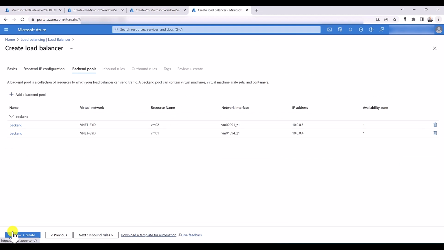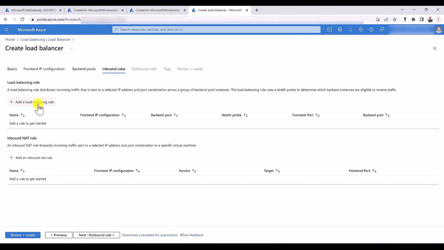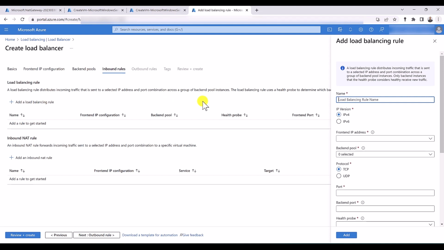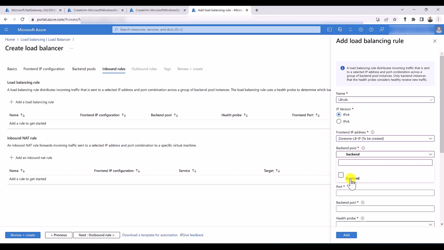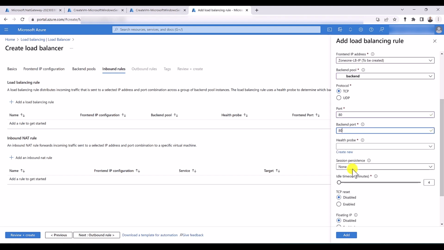And let's save my backend pool. Let's go to the next step and add a load balancing rule. Let's call it load balancing rule. Let's select the front end IP address of my load balancer and the backend pool, port 80, backend port 80,